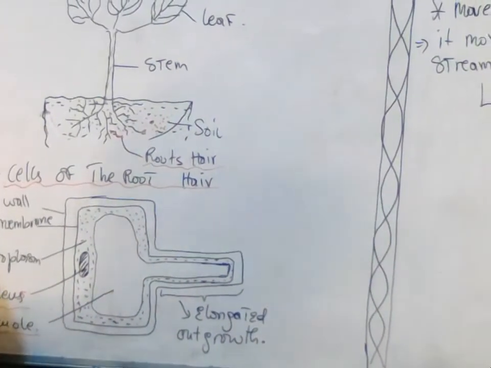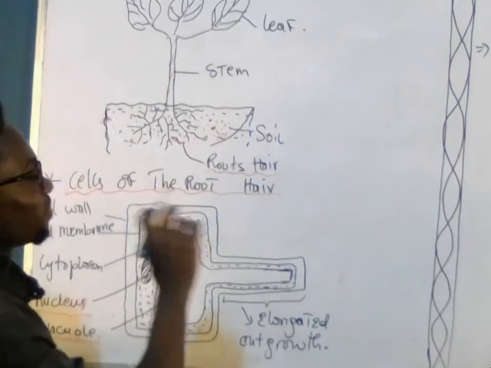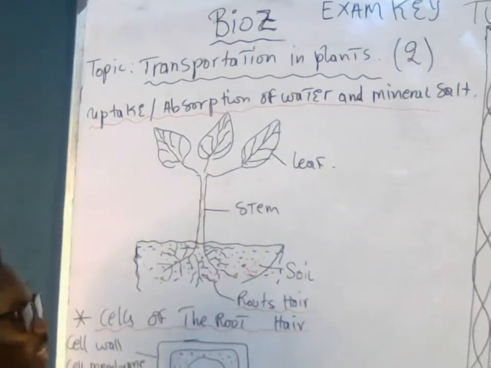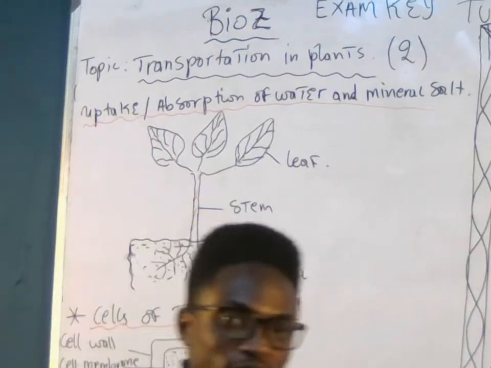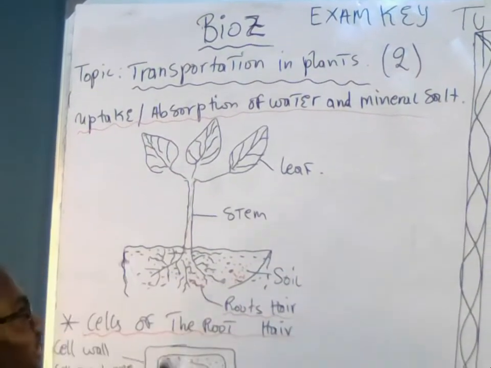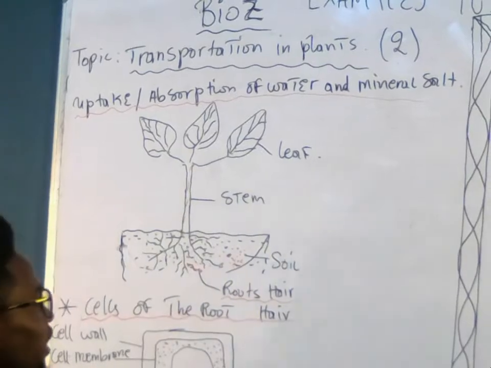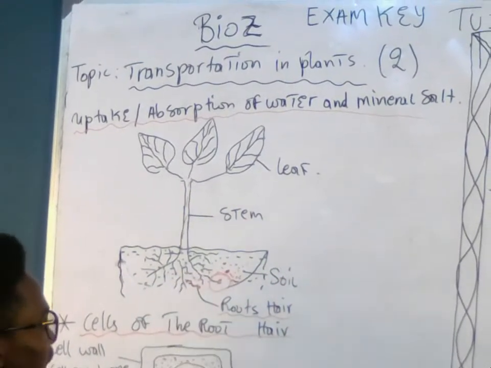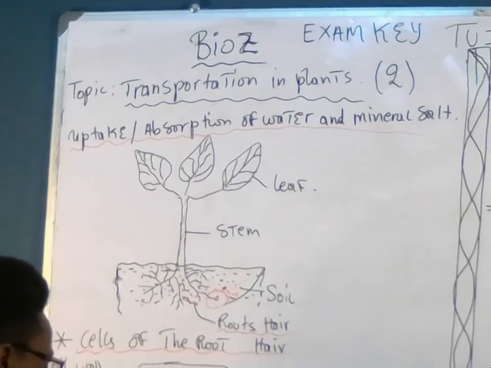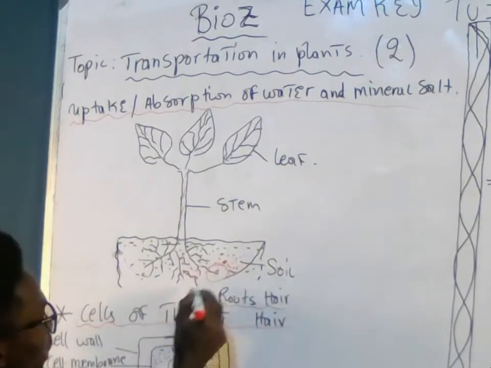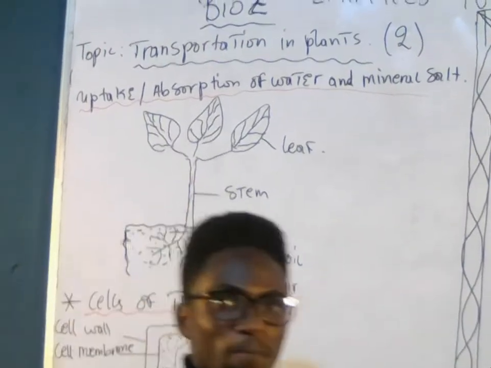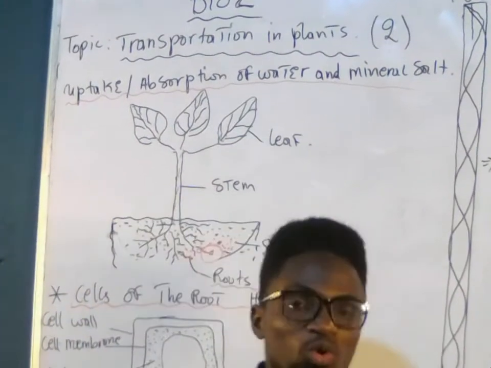Remember, we said that the xylem, the starting point of the xylem, starts from the roots, because that's where it gets the water and dissolved minerals, and they transport it up to the leaves. Now the question is, what happens within? How does water move from the roots up to the xylem? That's a major question that we need to ask ourselves, and that's another question that you need to know as a grade 12